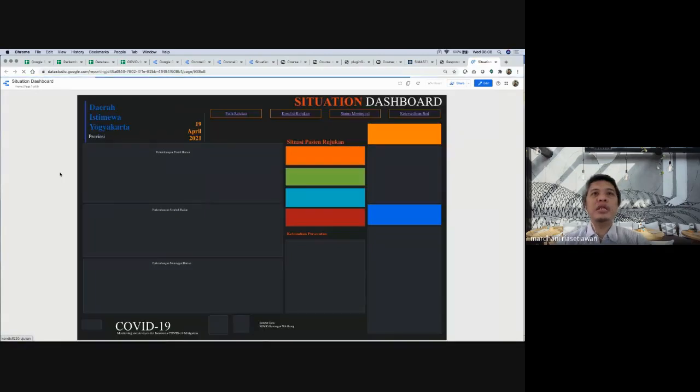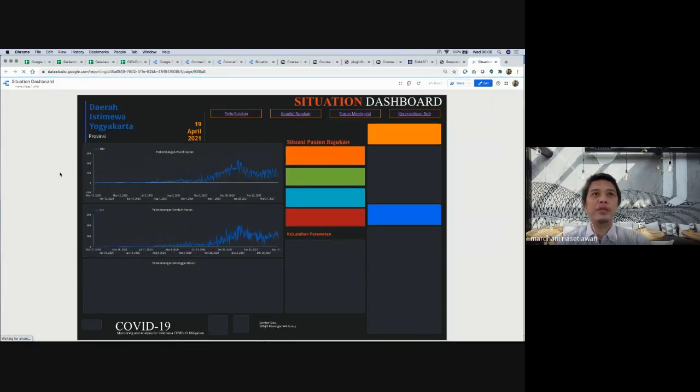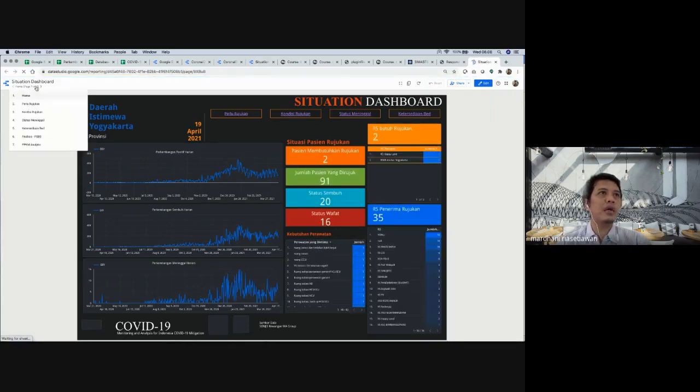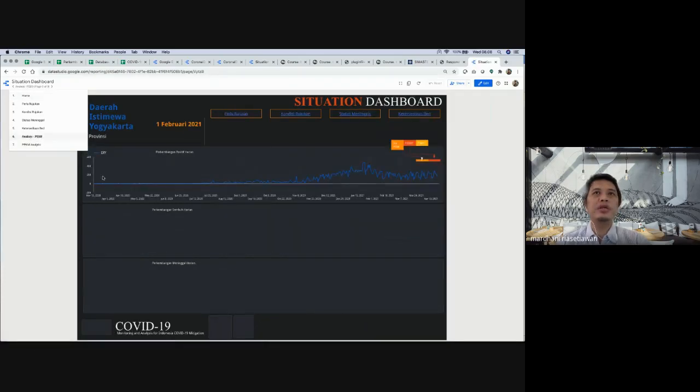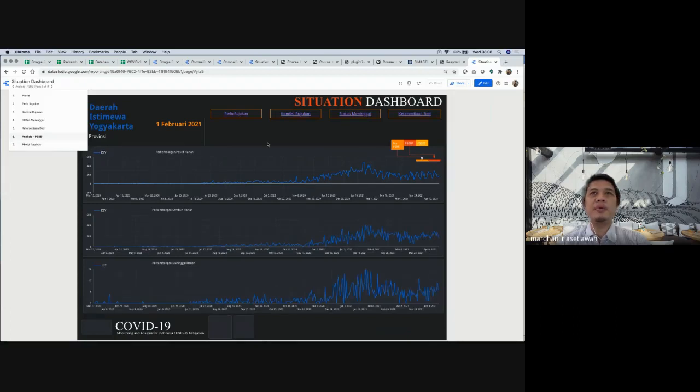This is the case especially in Yogyakarta. I will show you the current situation. Wait. Yeah, this is the current situation. So we add some analysis, for example, when using PSBB or PPKM, the limitation of mobility of citizens. So what is the impact? So we have this headline. So this is an example of how we do diagnostic analytics.